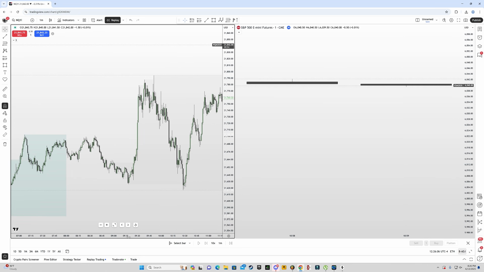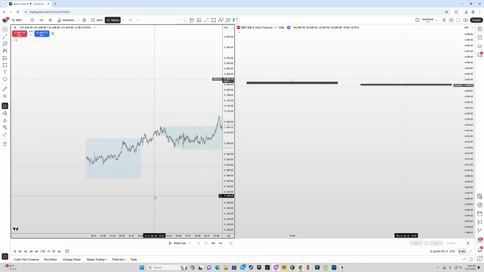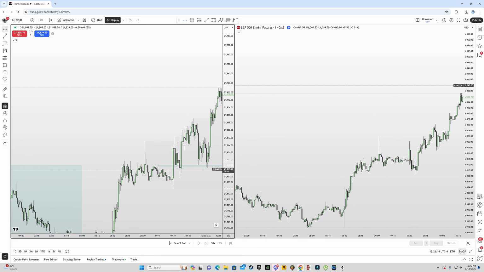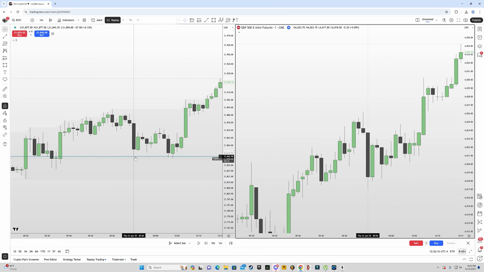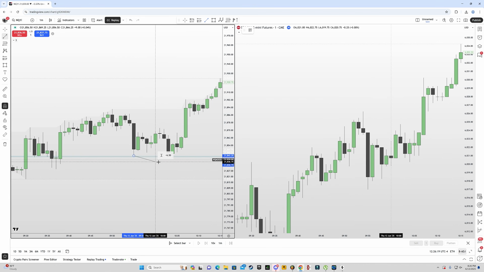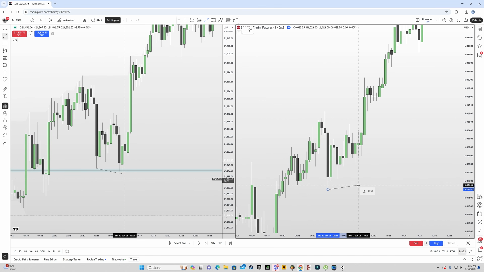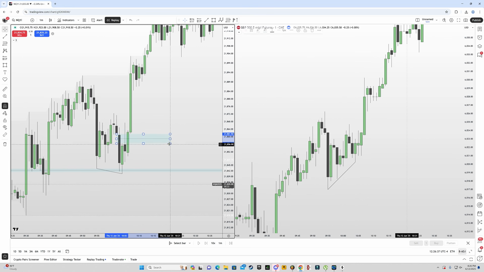So if I go a bit here, oh, where did it go? Anyways, here it is. So if I go here, you can see that we have this fair value gap, right? And inside that fair value gap, what we had was SMT divergence. So let me show you that. Price failed to create a lower low on ES, but we did so on NQ. Now, from this dealing range high to this dealing range low, what we had was this fair value gap and this tiny bit of volume imbalance. So when there's volume imbalance, I take it into consideration as well.